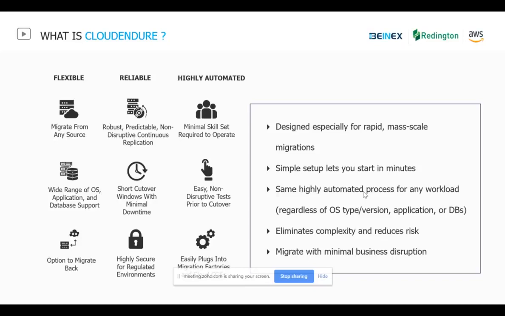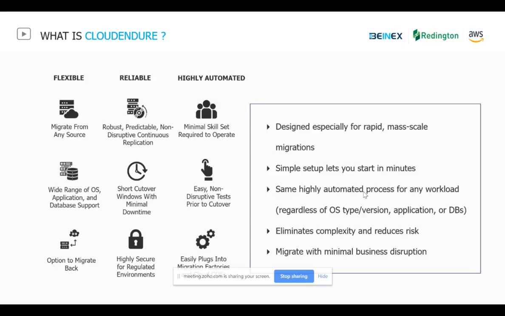As for flexibility, Cloud Endure allows you to migrate from any source. It could be physical, it could be virtual, it could be any cloud platform. It supports a wide range of OS and applications, whether it's Linux, Windows, Oracle DB, or a cluster; the whole application stack is supported.